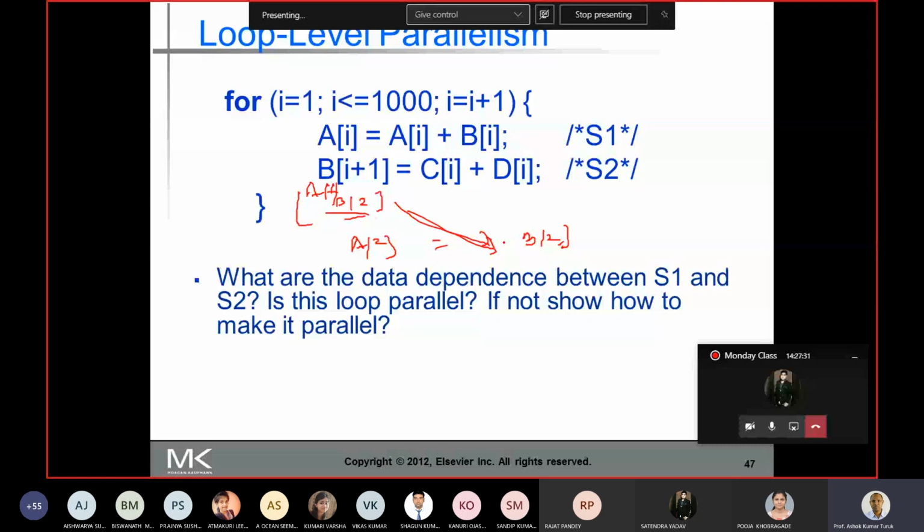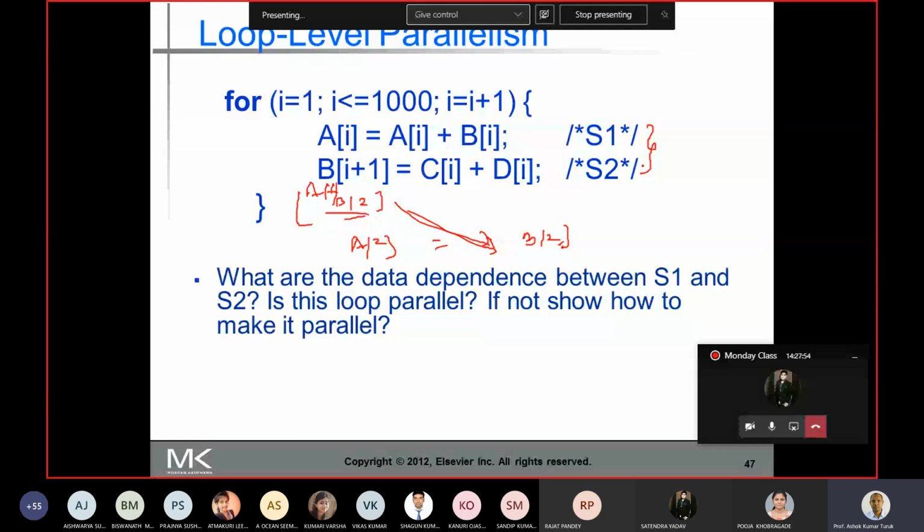If such dependence exists, how to make this loop parallel? Now let's look at this one. The statements S1 and S2 are independent.